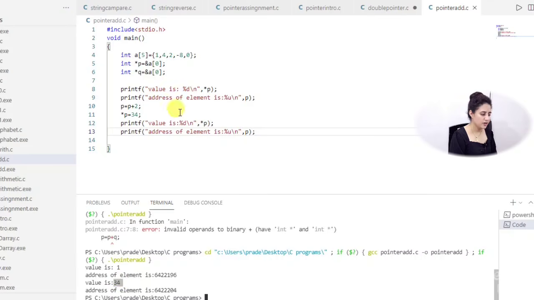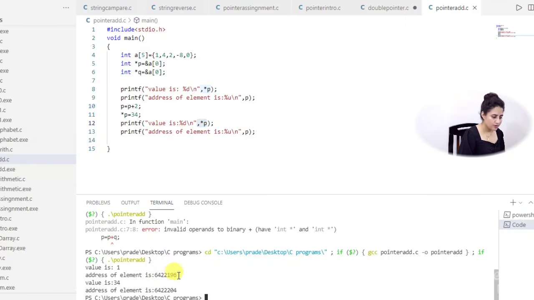See, it is printing now 34, not 2, because we have updated this value now. After p plus 2, the pointer is pointing to the third element having index 2, but we have accessed that position, and we have changed that value from 2 to 34. Now, star p will print 34. I hope you got this, right.